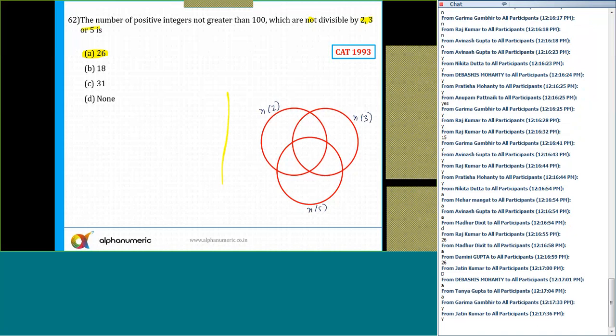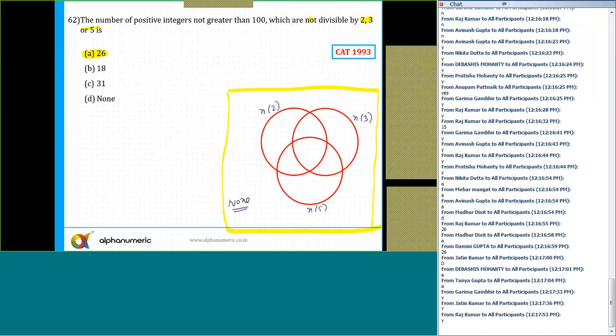So if I say this is a set, if I draw a rectangle like this, I need to calculate basically the none. Yes or no? None. Now, there is definitely one way we can find it using the union and everything. But I also told you in the class that if I need to calculate none, I can use logic. Basically, we need to calculate the numbers which are neither divisible by 2, nor by 3, nor by 5. And from 1 to 100, there are 100 numbers.